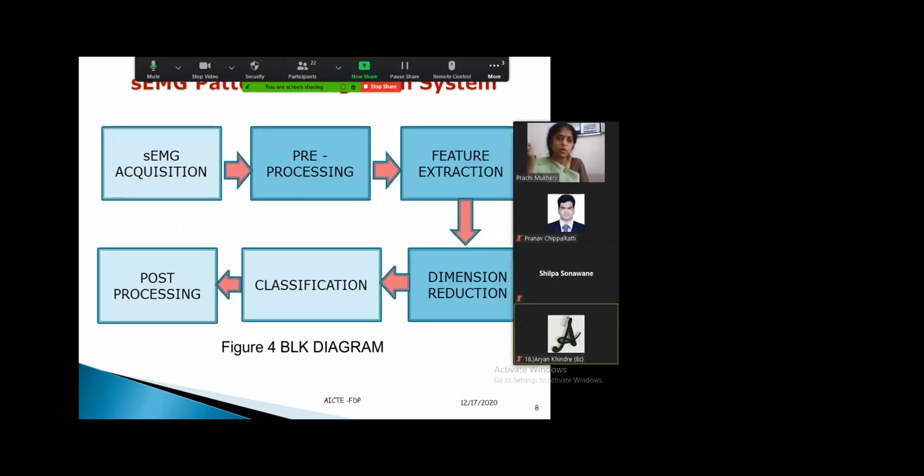So it's a basic block diagram. You have to acquire the signal, pre-process, and do the feature extraction. This is a very traditional approach. Why am I saying traditional? Because currently we can go for deep learning, but we really don't have so much data